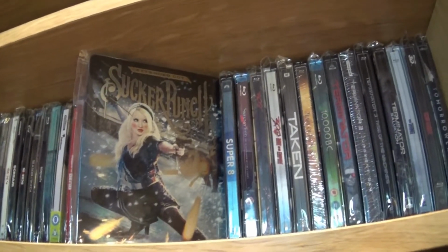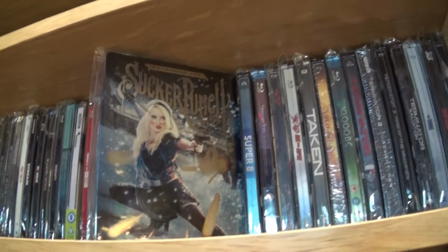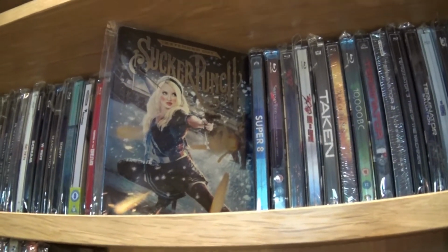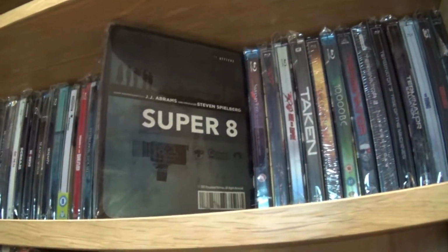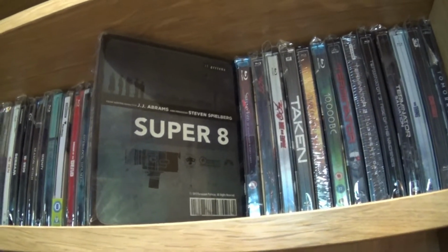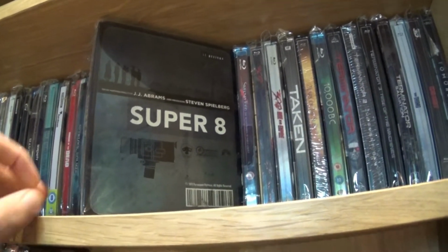What's better than 5 hotties in 5 different lands fighting all types of monsters, from dragons to giant samurai robots? Brilliant. Good film. Extended cut. Love it. Super 8 sort of reminds me of an E.T. type monster film in the 80s with young kids. Really good, really enjoyable,